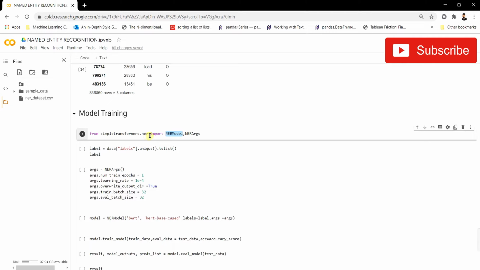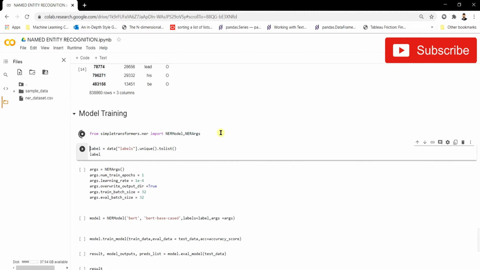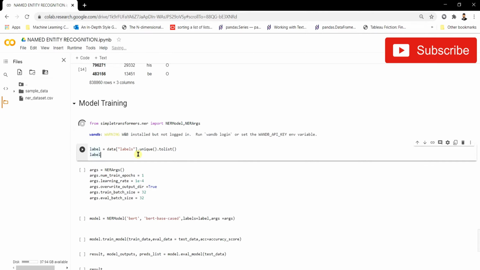So this particular library will import all kinds of classes required for the NER model to be built. This is what this line of code does, and we're going to be importing these things. Now we need to take the labels from the tags which are unique. So we're going to take the unique labels so that we can specify them in our model. Let us see what we are trying to do over here.